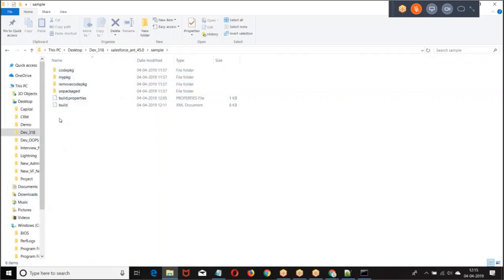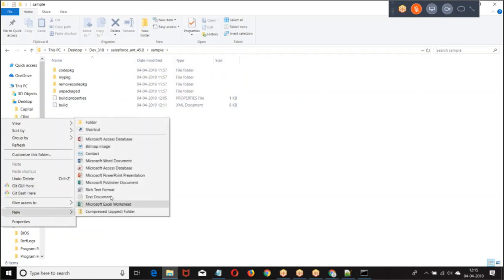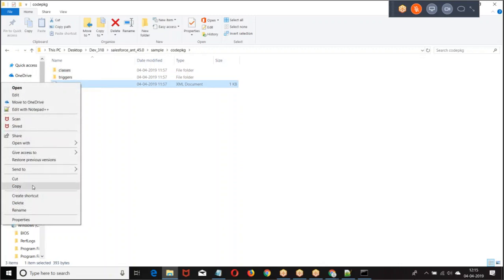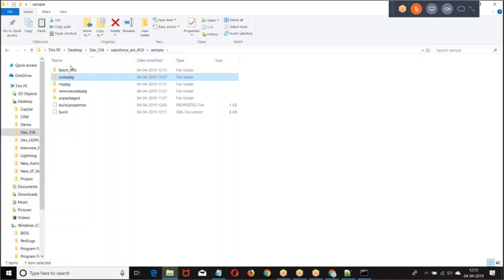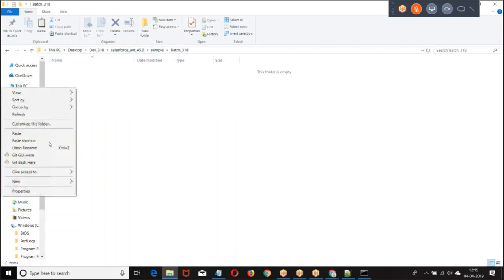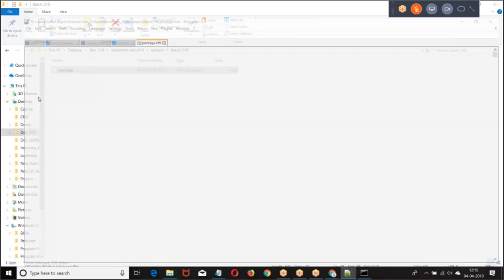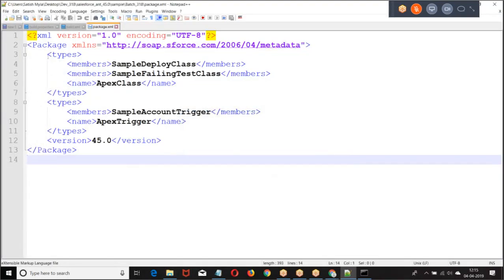Now I gave my path here. I created a folder. Batch 318. Now I need to get the package.xml file. What is the purpose of package.xml file? This file will tell what we are supposed to fetch. Now I want to fetch.